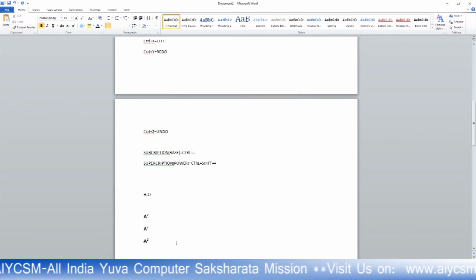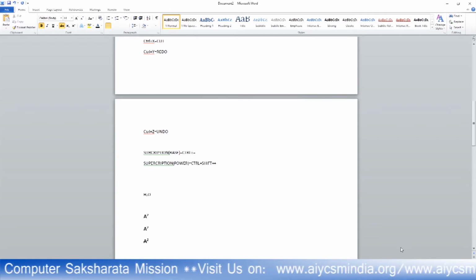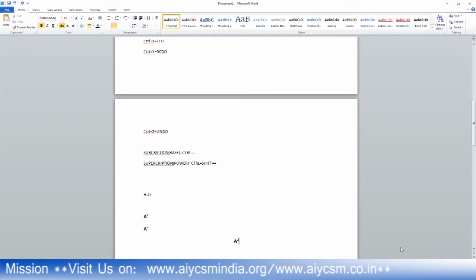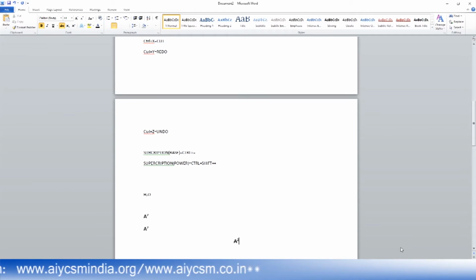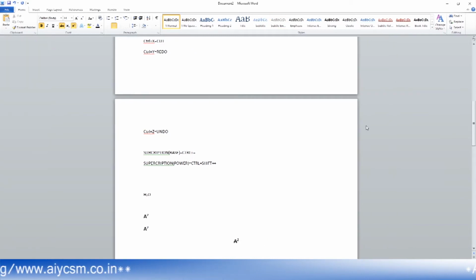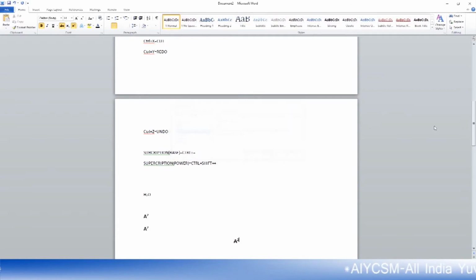Okay, A, B, C, D, E. E is center, L is left, R is right. A, B, C, D, E, F. F is find, it will open the find box. G will open the Go To option.